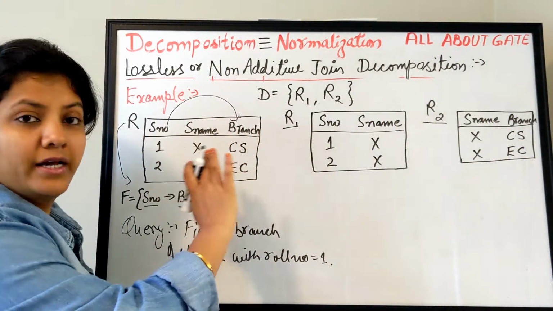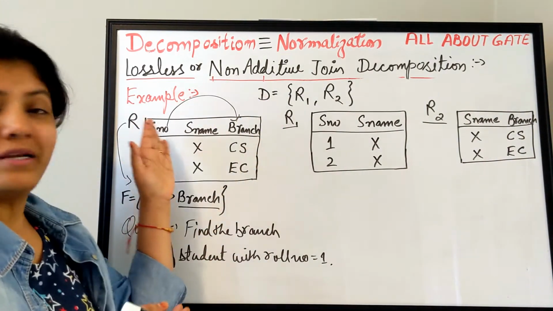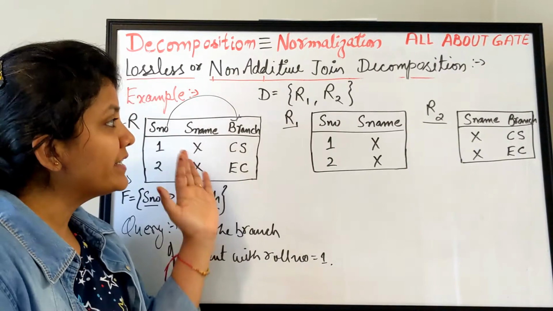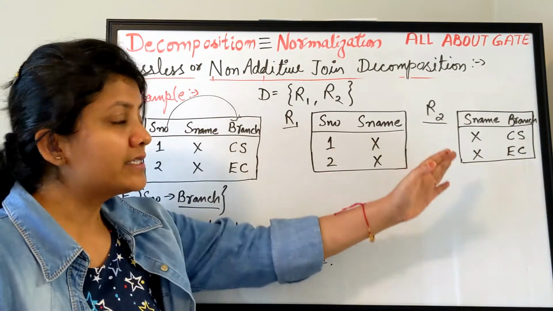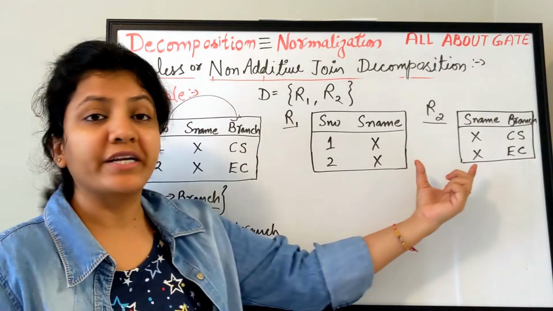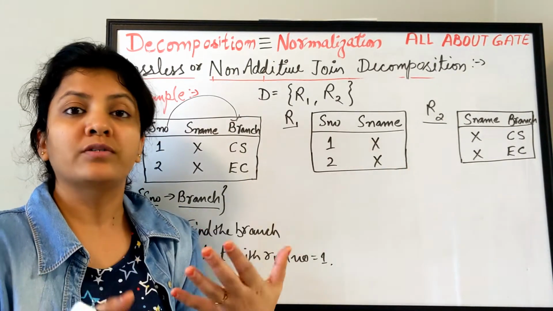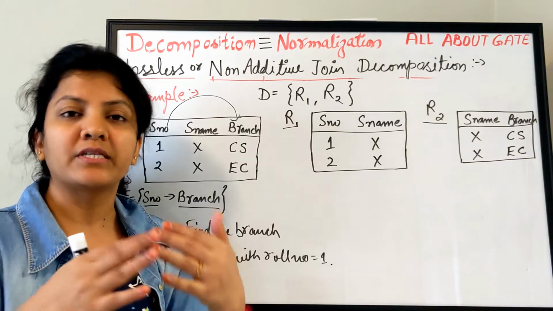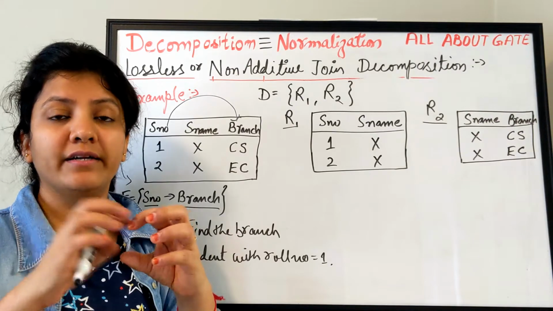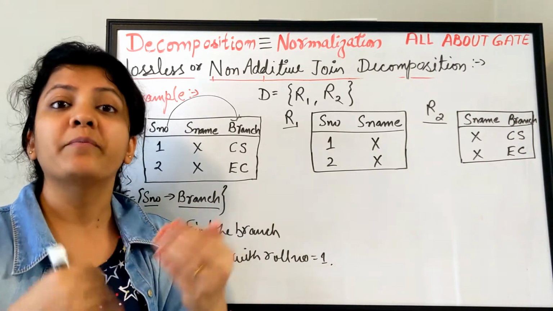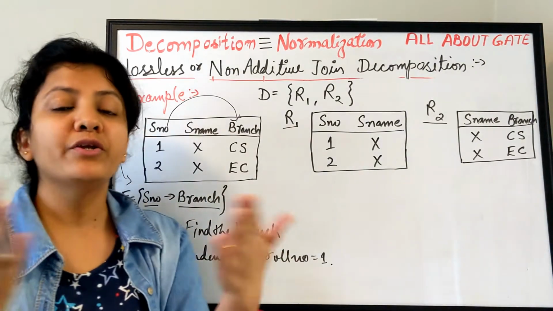Now you see, we can't say that we can easily get it from this table, because this table is not existing anymore. We have decomposed it, divided it into these two tables. Once you have divided it, whatever query is coming, you have to get your answer from these two decomposed tables. So this shows the need of joining the two tables even after you have decomposed, because those tables are related. They are divided, but they might be needed in future for a certain query like this, and you need to join them.